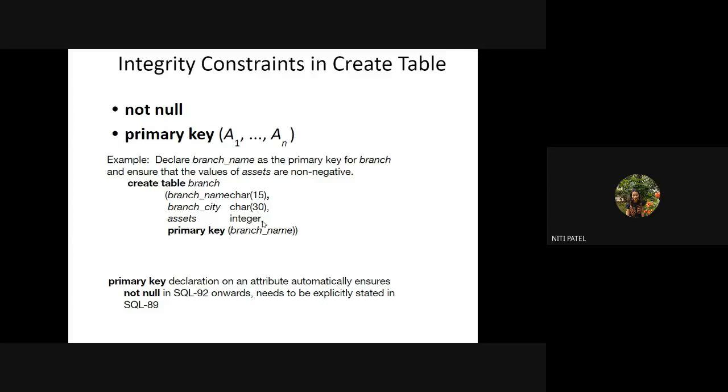Now, why did I put a comma over here? Because I want to add an integrity constraint. Therefore, I'm going to put a comma. When I put a comma, what is the next statement that I'm writing? I'm not adding a column, but I'm adding an integrity constraint. So what is the integrity constraint that I'm adding? I'm adding a primary key. So I will write primary key over here.